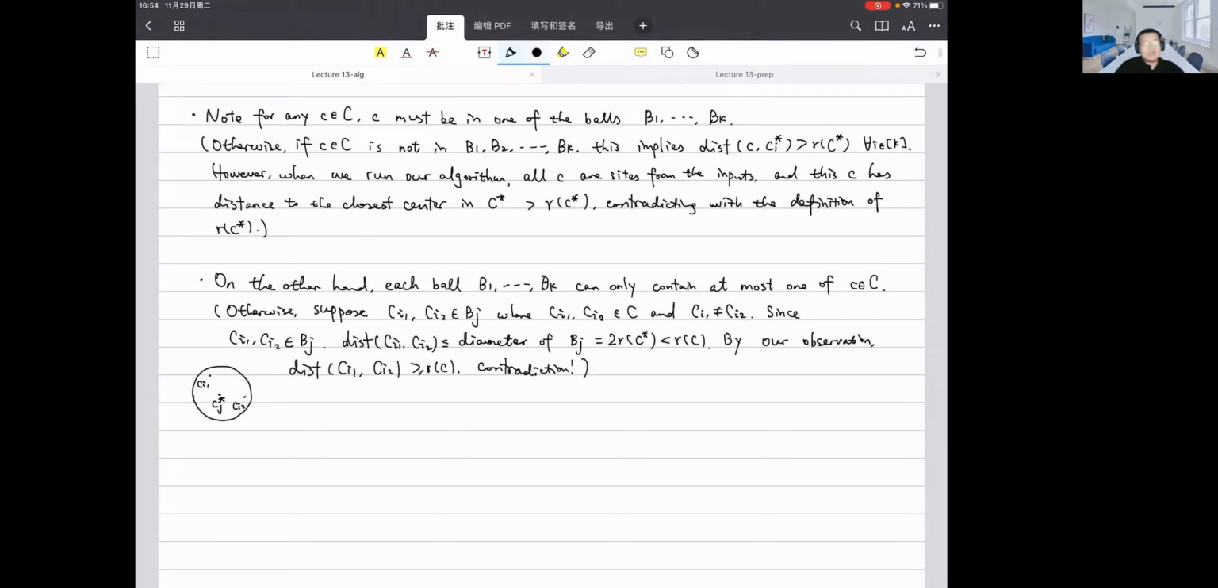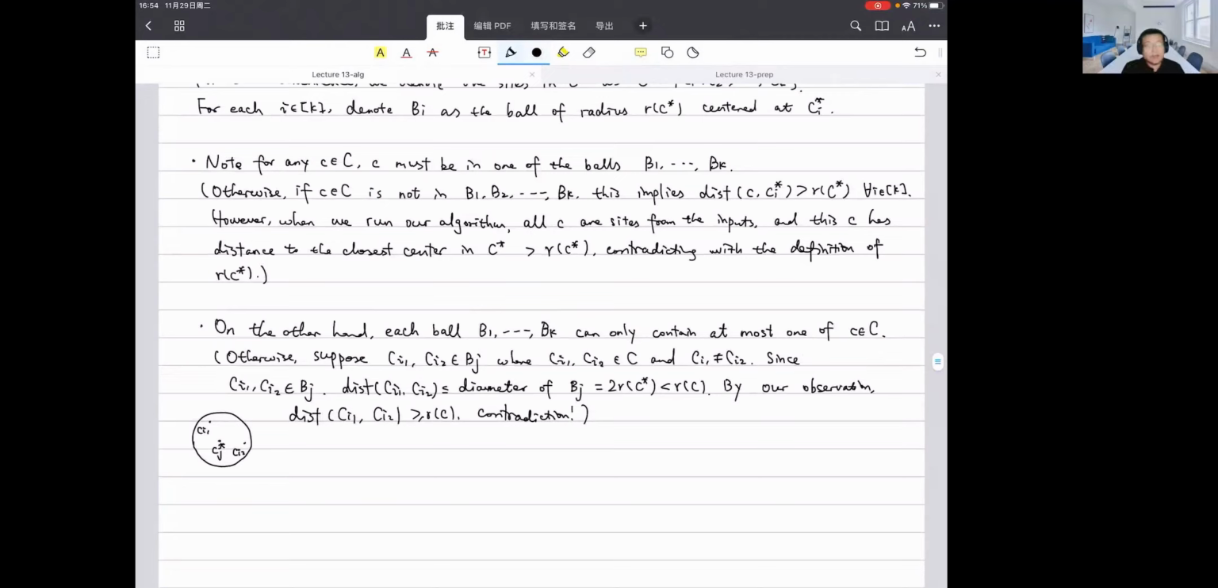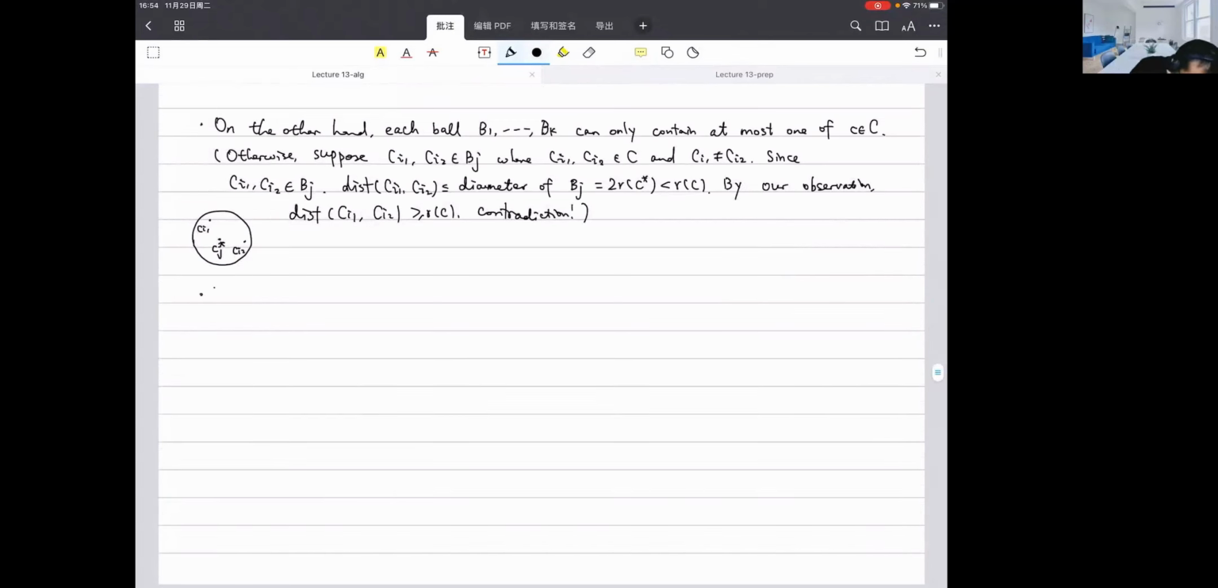Okay, so this is the conclusion on the other hand. These two points are giving us a very good structure about the relationship between C and C star on these two sets here. So basically, we know that the two observations